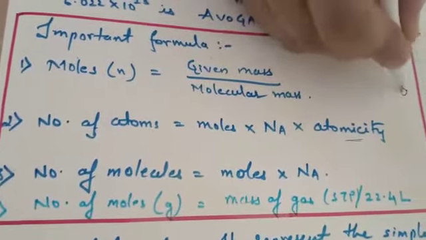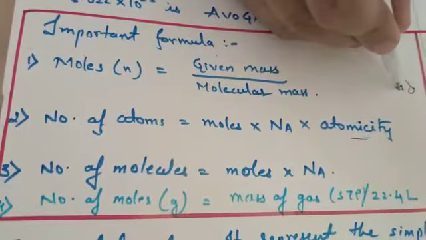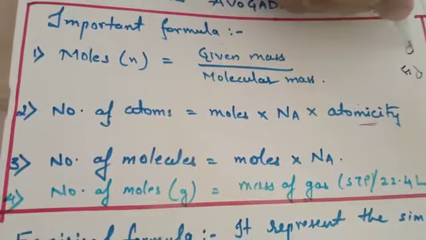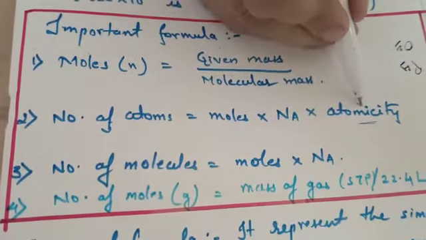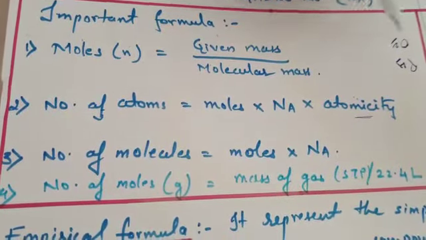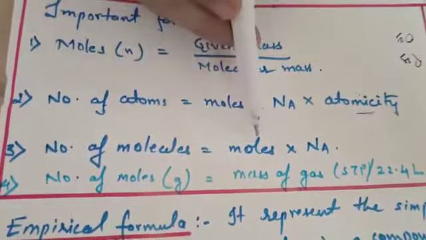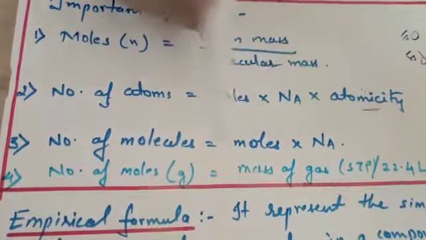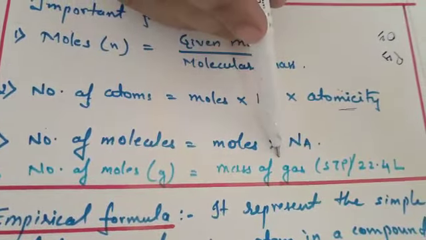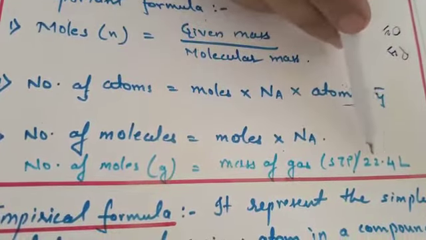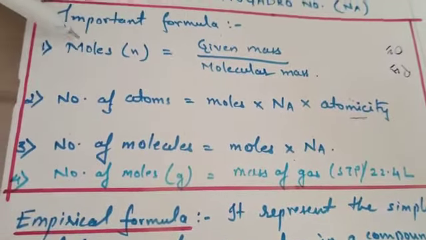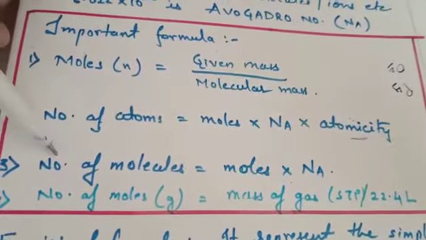For example, P4. As 4 phosphorus atoms are present, its atomicity comes to be 4. If I have written O2, its atomicity comes to be 2. So atomicity is the number of atoms present in a molecule, whereas number of molecules is equal to moles into Avogadro's number. Now if I have to calculate the number of moles in the gaseous state, it comes to be mass of the gas at STP upon 22.4 liter. So by these 4 formulas, I can calculate the value of moles, atoms or molecules